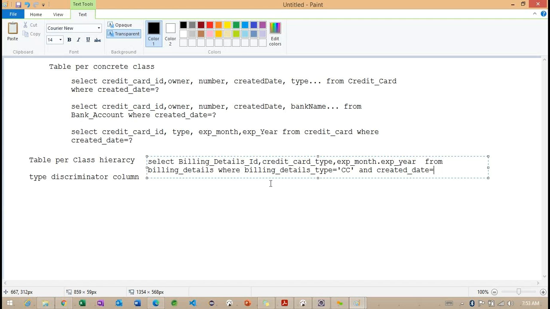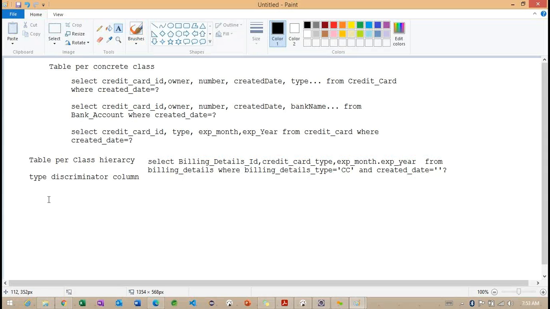So we can provide some date here. Getting the point? These are about the conditions. Using this condition, we are going to work with this simple select query.